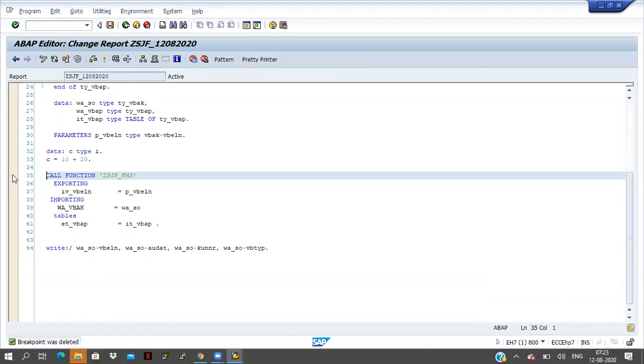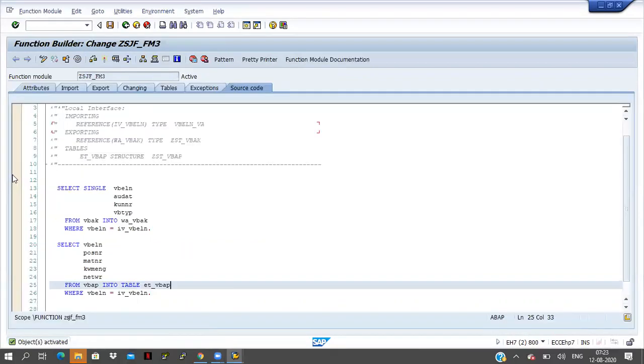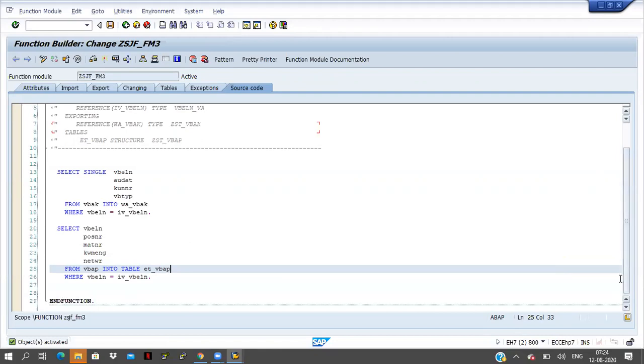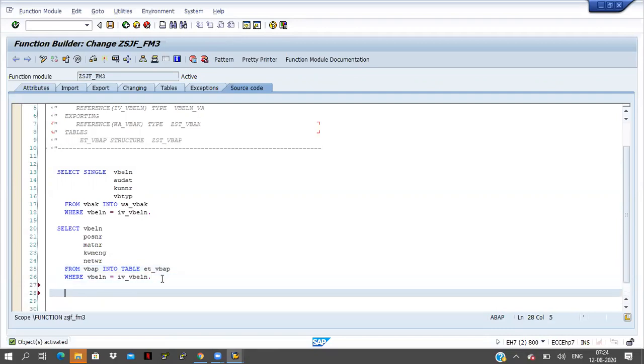Now what I will do: if the data is not available in this IT VBAP, then I have to show one message. Data is not available, please provide a correct input parameter. For that I will take one condition here. If ET underscore VBAP is not initial,